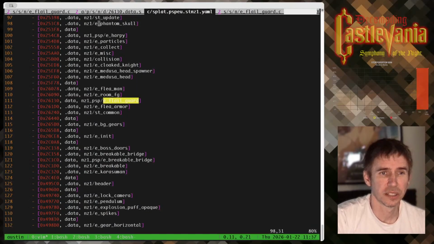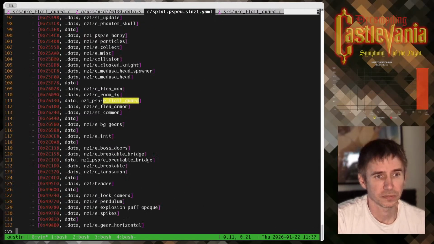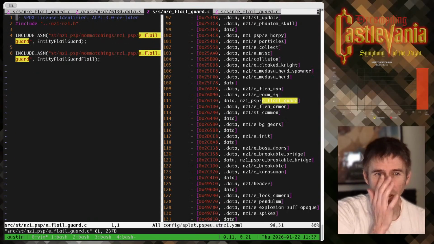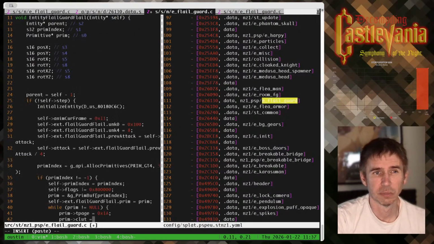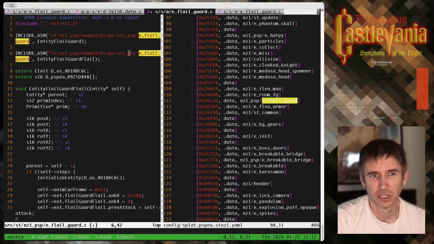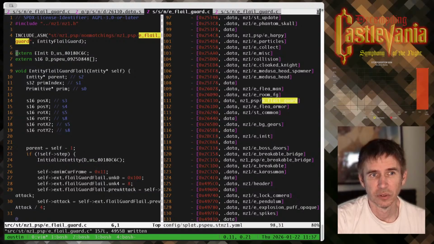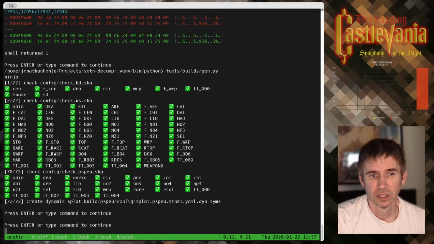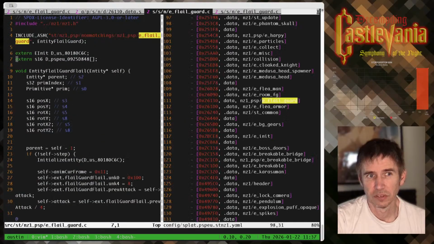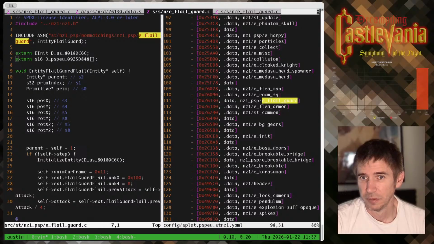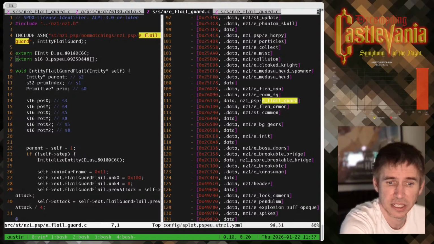So that looks like it should work and we're building fine. So we build these parallel directories for the PSP and the PlayStation, so we can work on them separately, but most of the time they're the same and we don't need to. Let's see if this works. And that worked fine. And then let's go grab Flail Guard as well. Flail Guard's going to have kind of the same